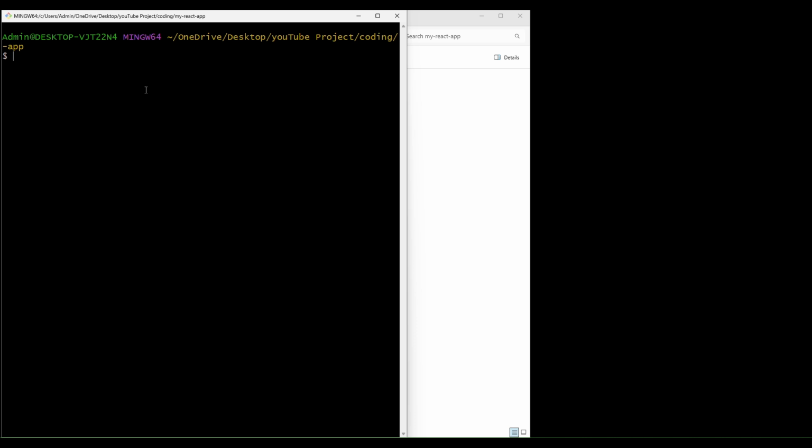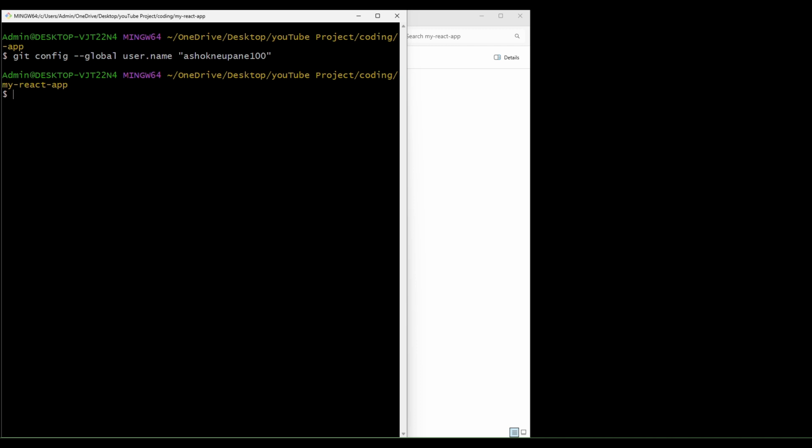It looks like this way: git config --global user.name, and here you write your name. For example, I write ASHOK NUBNA 100, this is my username. Then later, git config --global user.email, then you write your email.